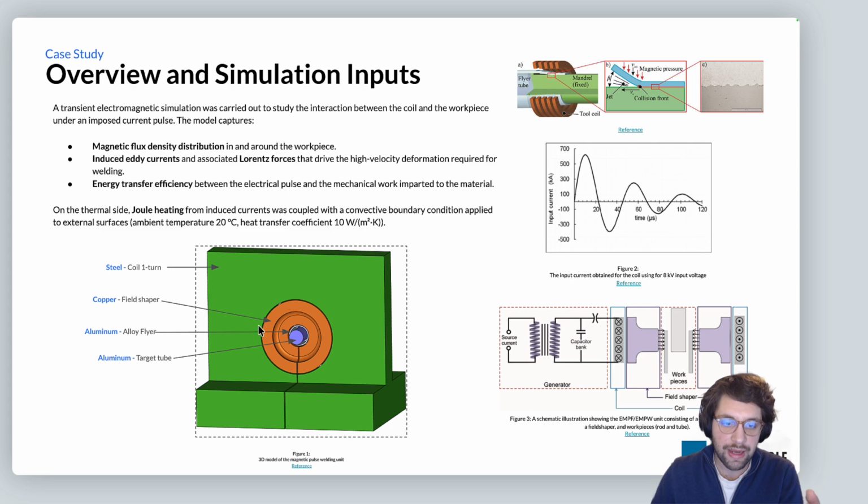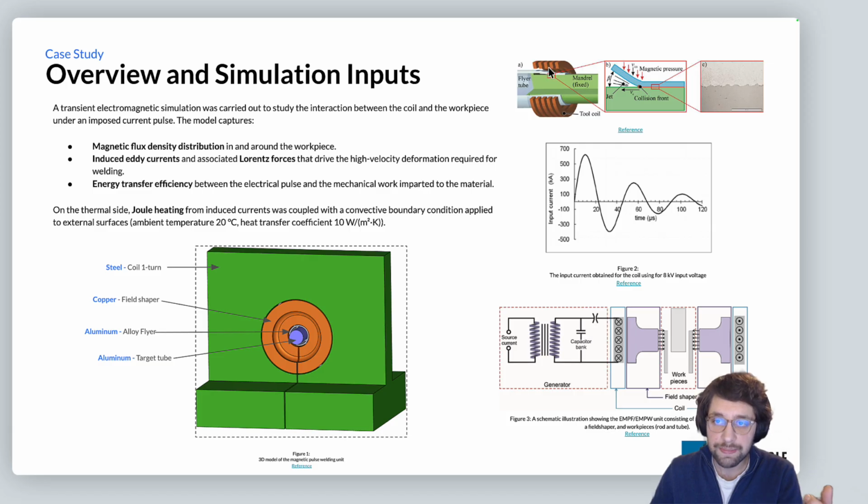To understand how this process works, let's take through these figures from bottom to top. For the coil, in the circuit model, we have a capacitor bank. And that capacitor bank, overall, we're providing around 8 kilovolts into this circuit. So we're charging the capacitor, closing the switch, and then we send off a very quick impulse of current that has a very high peak of around 618 kiloamps and a duration of 120 microseconds. Now this transient